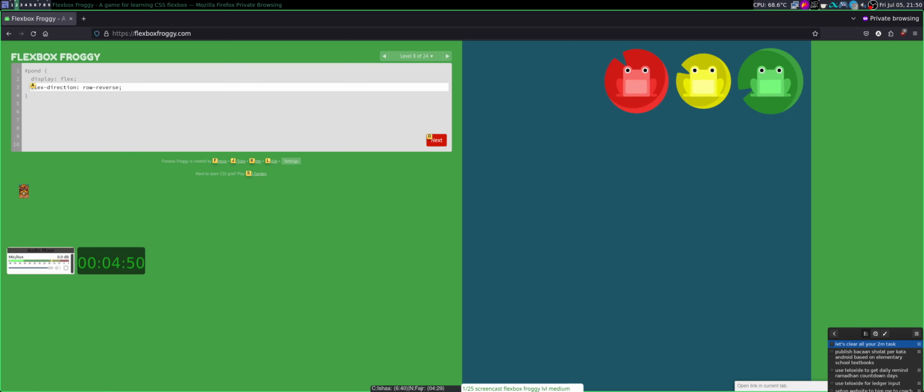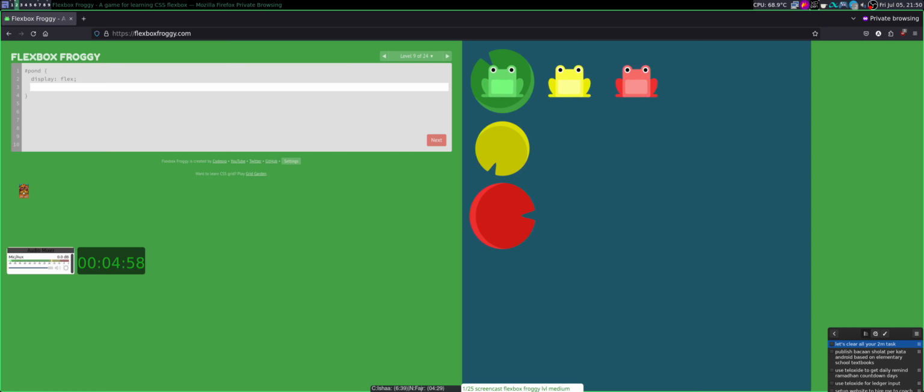So by default we use only flex direction row, and now flex direction row-reverse. And making the content into a vertical arrangement, it's obvious to use flex direction too, but using column.